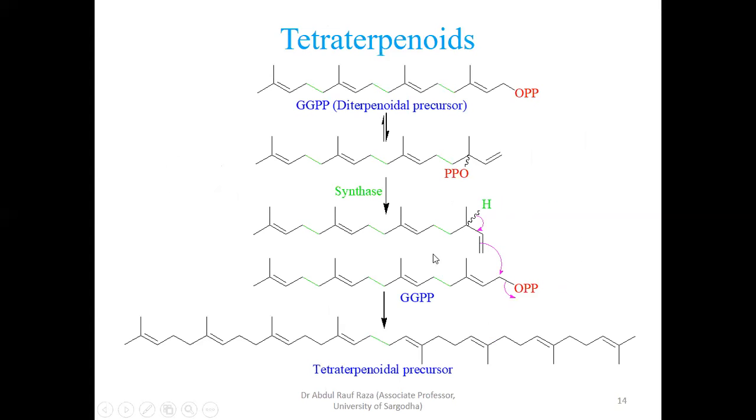This is one GGPP. After the action of synthase, this is the other GGPP. So both GGPP are undergoing, this is a tail, this is also a tail carbon. So tail to tail combination is taking place. So what happened? This electron pair, this bond transfers to this oxygen because it is more electronegative. This carbon becomes electron deficient. Pi electron transfer here, generating a positive charge here. This hydrogen transferred from synthase leaves to generate a double bond here.